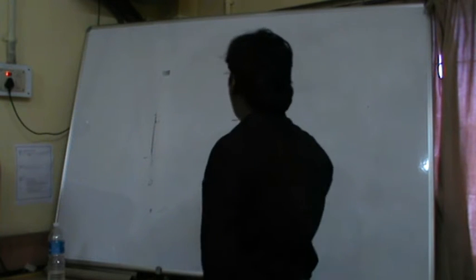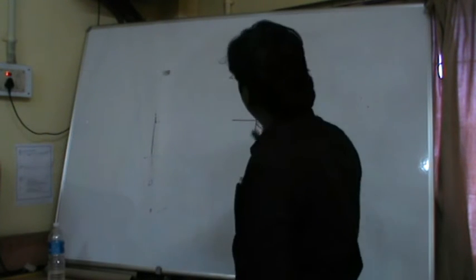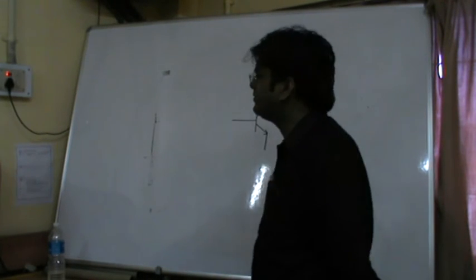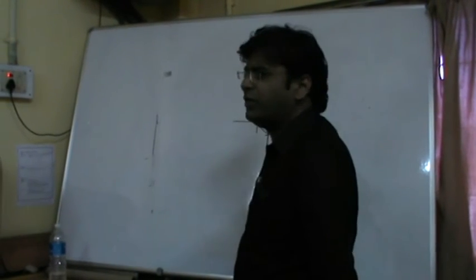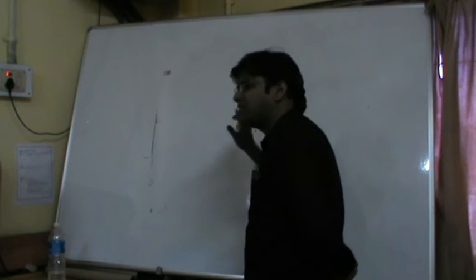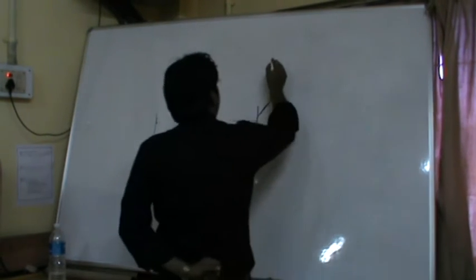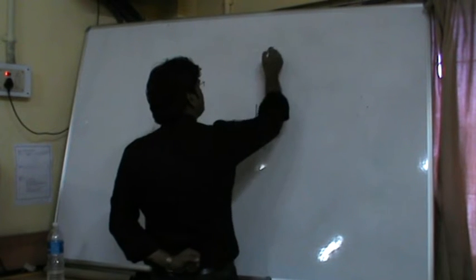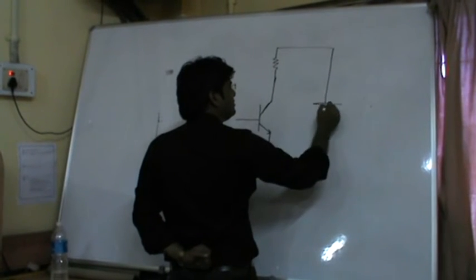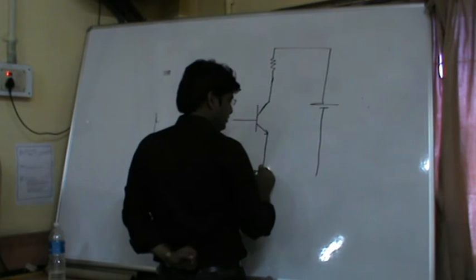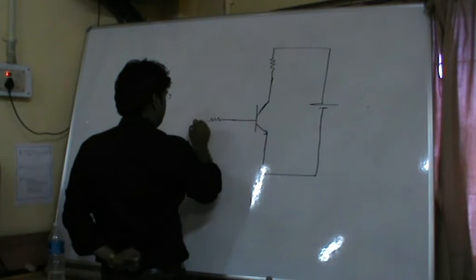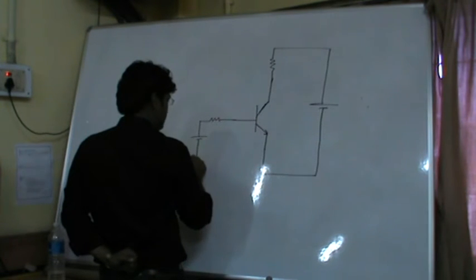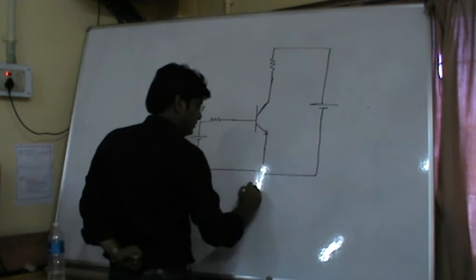Suppose this is our transistor. I am just going to ornament this transistor. Ornament means I am introducing some resistance, voltage source or whatever. What is the requirement? I am coming to this particular point, and here I am introducing one resistance, and one voltage source in here, like that. I am introducing the resistance in here.